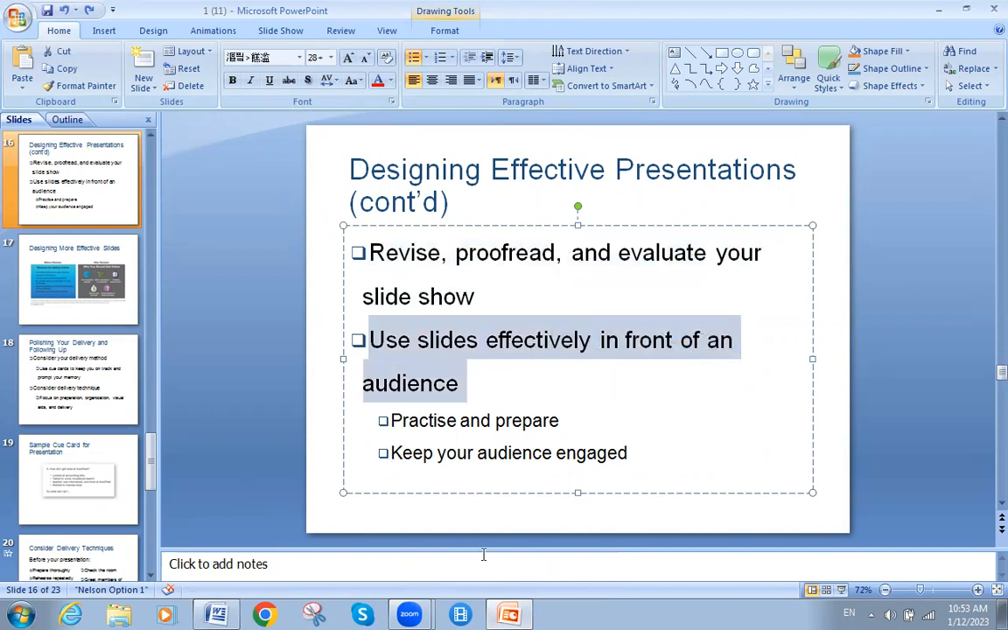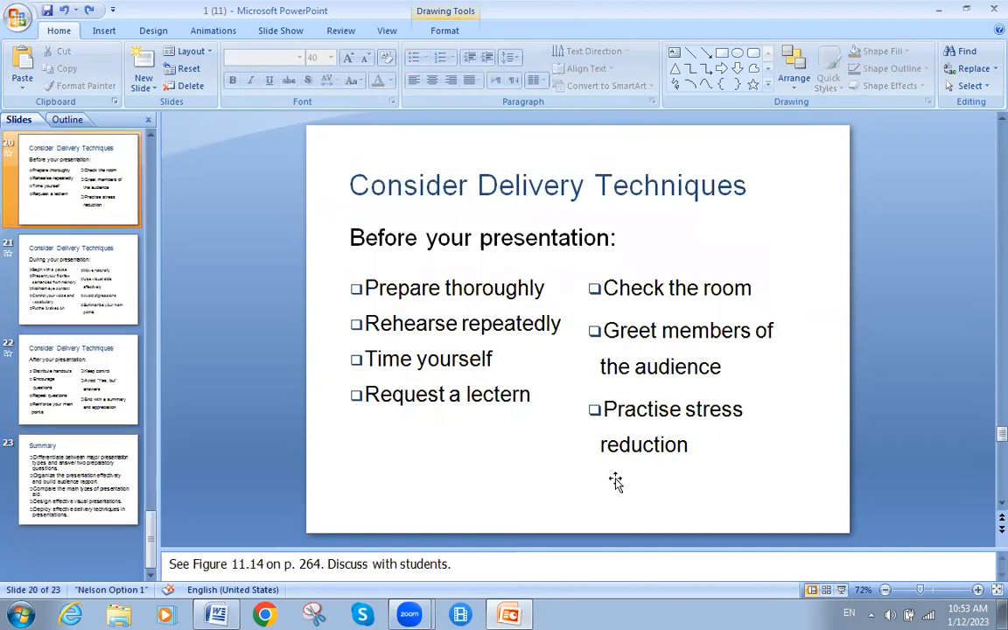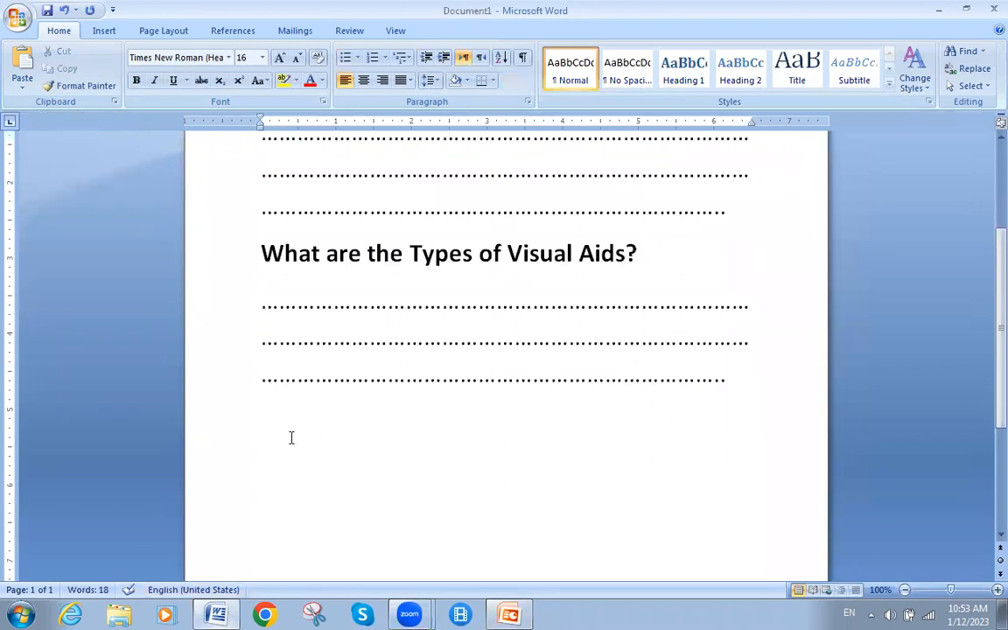And this is another point. You also have to polish your delivery and follow up. We talked about delivery techniques before, during, and after. So the third question today will be, what do you have to do